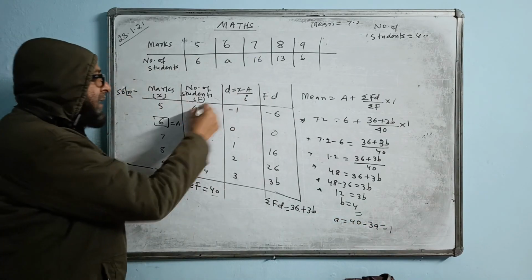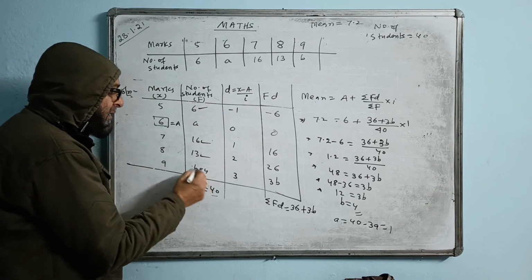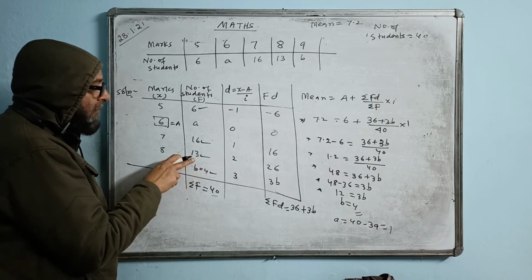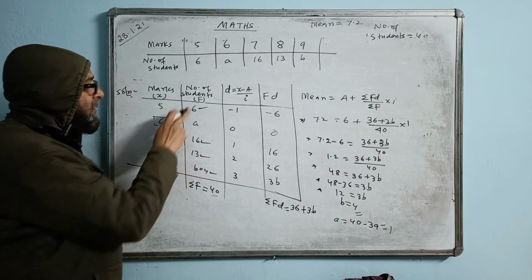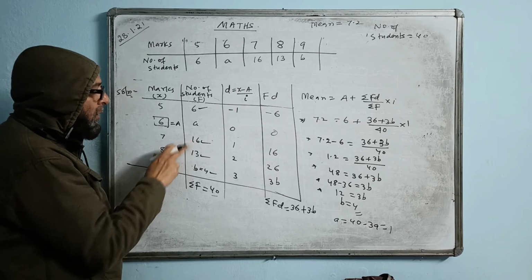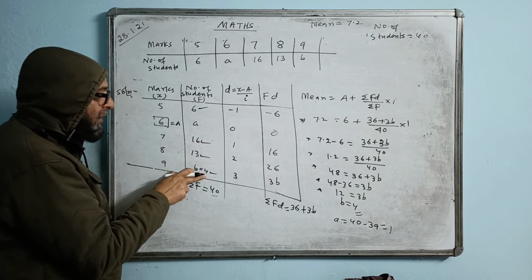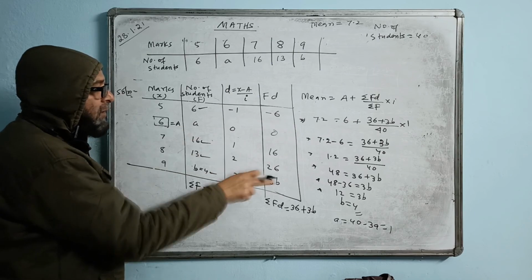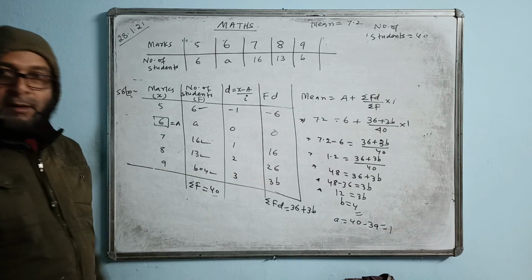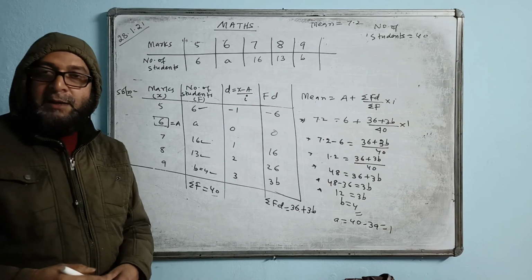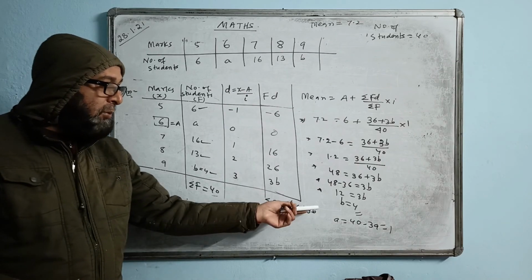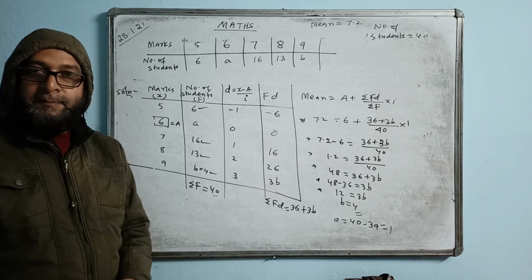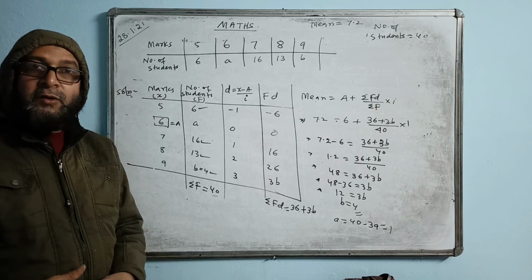Why 39? Because I added this, I added this, I added this, and I added the B value which should be 4. Add all of this, see the total coming 39. 6 plus 16 is 22, plus 13, 35, plus 4, 39. 1 is left over to make it 40. That means the A value comes 1. So we got the answer: A is 1 and B is 4. That is the answer. Any doubts?